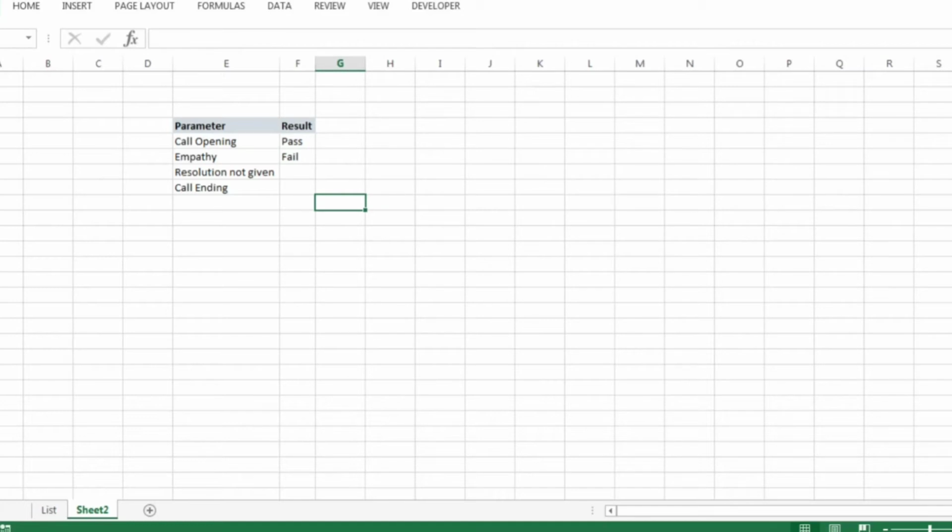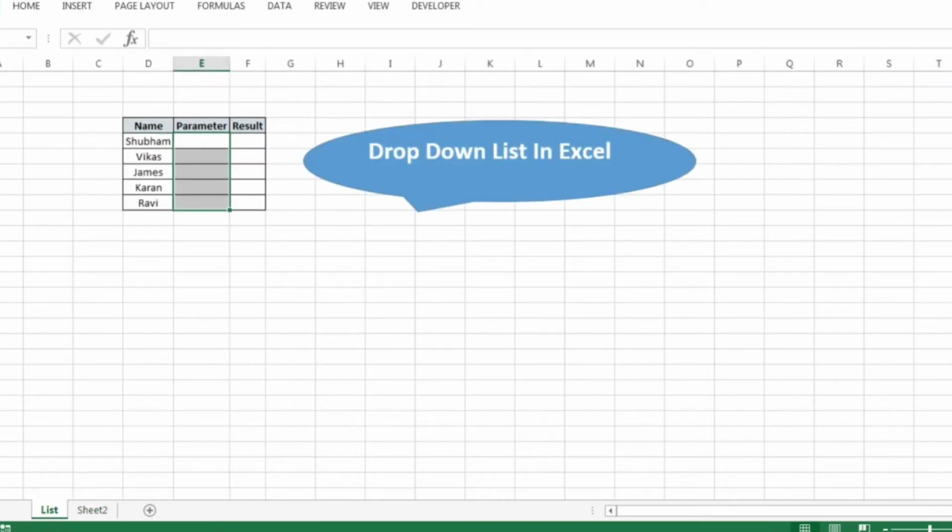Now we will select all these details in the list and we'll go to the E5 column. So how can we do this?